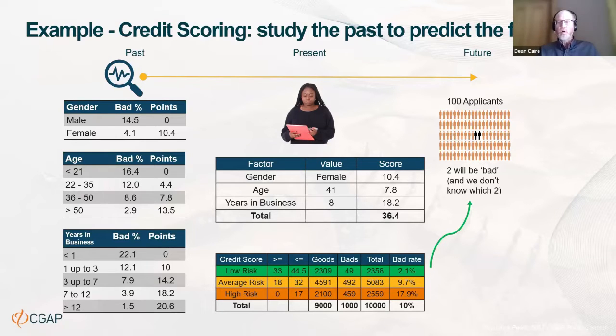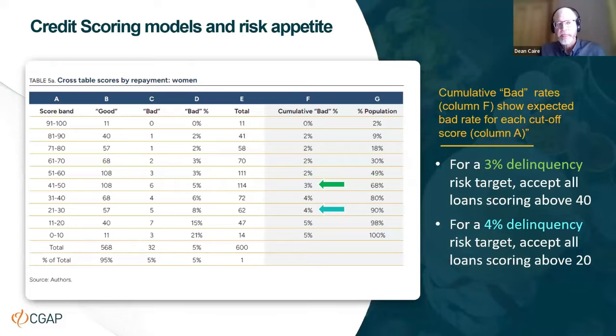It gives us this score, and the score is actually a representation of a comprehensive risk profile of the borrowers. And so that score will tell us who's most likely to repay, who's least likely, and that's how the lender can tailor strategies to a risk appetite. And when I say risk appetite, if I go to this next slide,